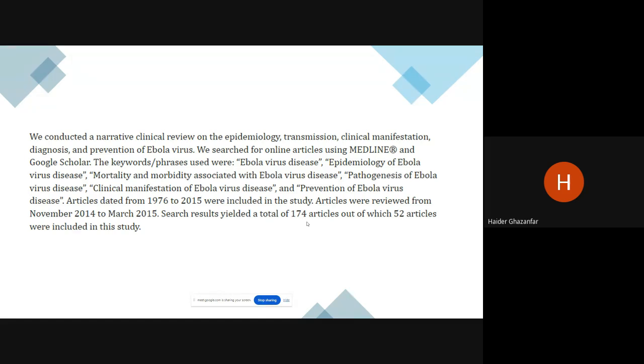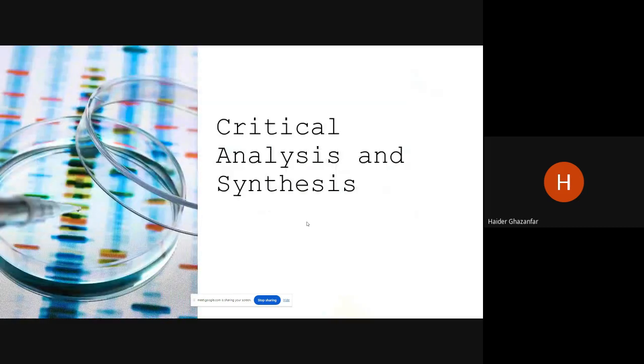So if you mention this in any review article you are writing, it should be okay with most of the journals. Some journals do ask more about inclusion and exclusion criteria, but some journals are not very particular about it. Coming to the critical analysis and the synthesis part of the review article,